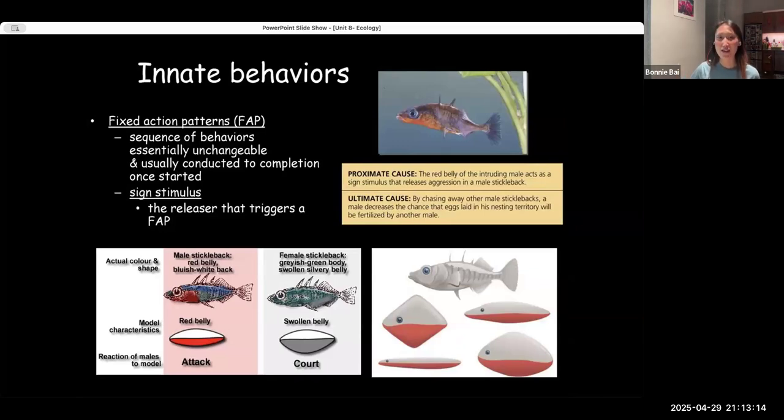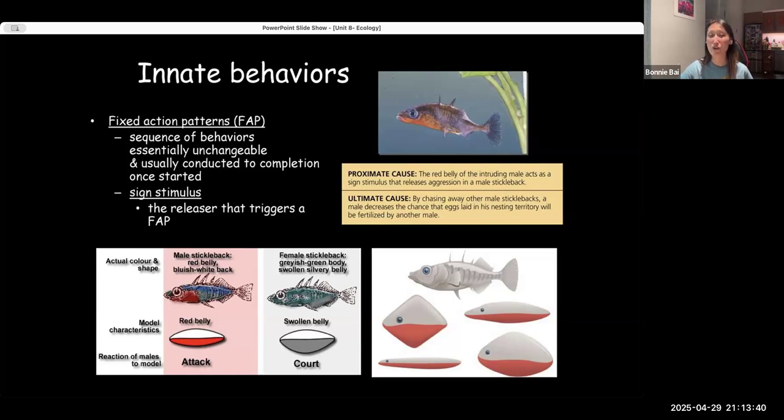Anyway, innate behavior. Oh, the fixed action pattern. Just want to show you an example real quick. It really is pretty interesting. Thank you, Nick. It's the stickleback again. Something about these fish, the scientists keep studying them. Scientists are obsessed with the stickleback. And as a not-stickleback scientist, I don't understand how they got there, but it's cool that they did.